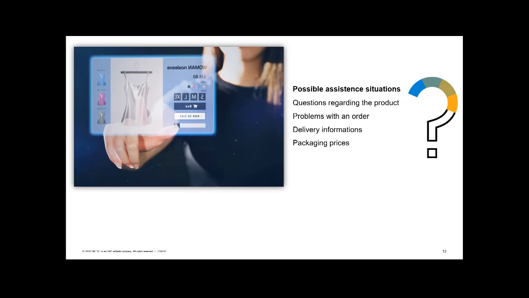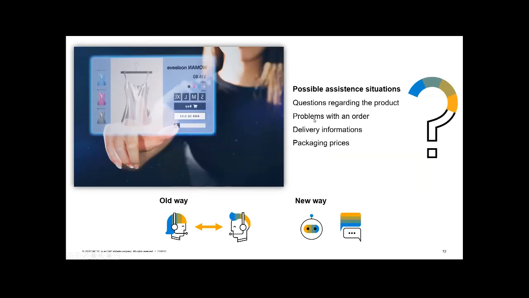And if the customers have a problem with a product, with a delivery, then they have to call my customer support. So this is the old way. In most situations, the people have to contact the customer support, and the problem will hopefully be solved by them. The new way is to support this customer support with a chatbot, with a digital assistant, which can do most of the tasks. So, for example, the chatbot can answer the questions: how much is the packaging price? How long will the delivery take?